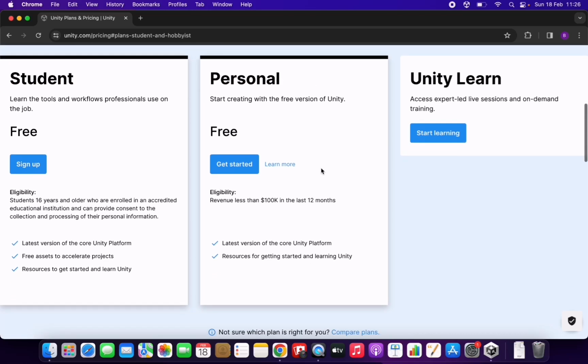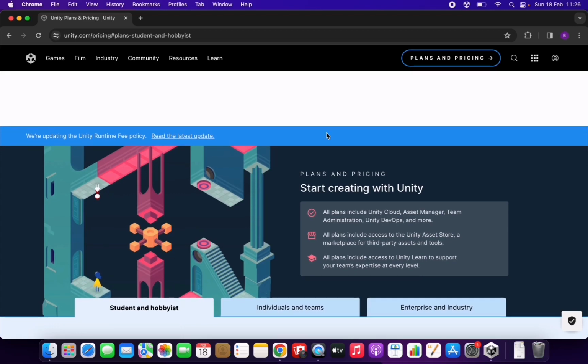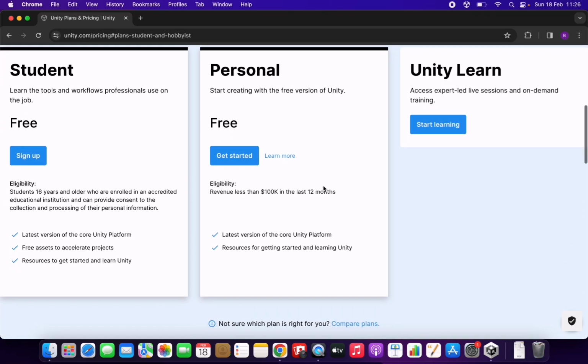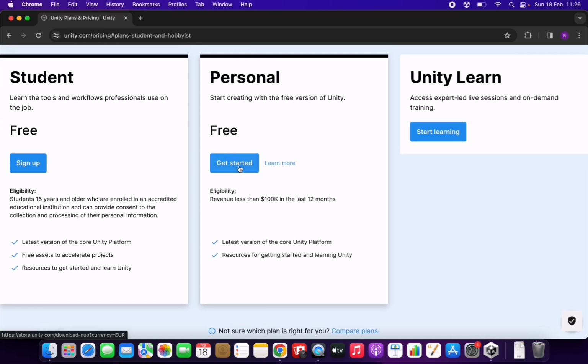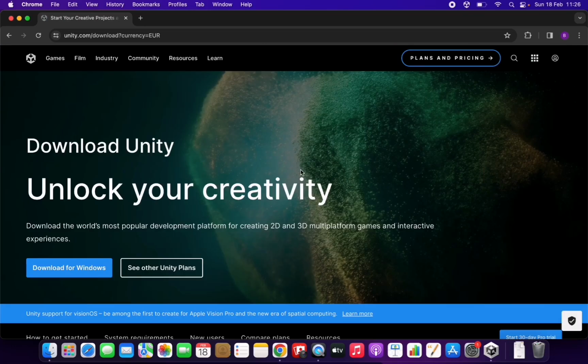I suggest getting the Personal one, as it allows you to have a revenue of up to 100K in the last 12 months. So if you are starting, you will need some time to arrive at that point, and you can meanwhile use Unity for free with the Personal plan. Once you register, the next step will be to download the Unity Hub. Inside this Personal plan, we can click Get Started, and it will redirect us to